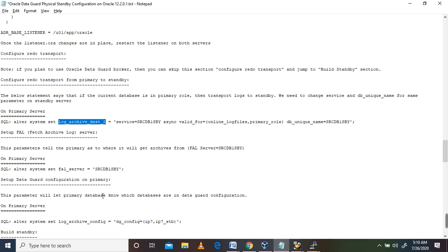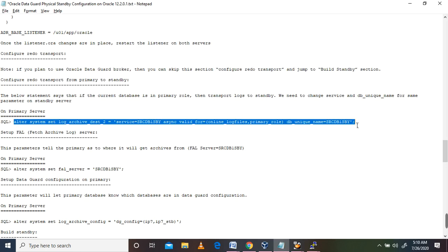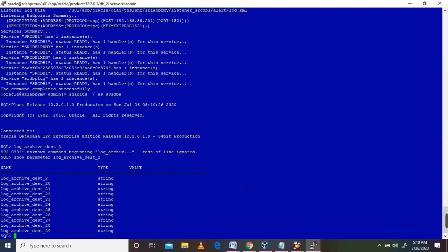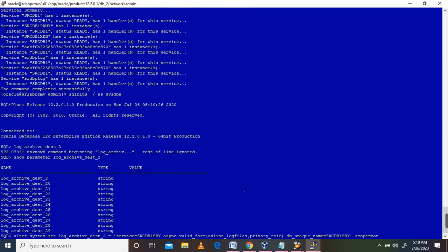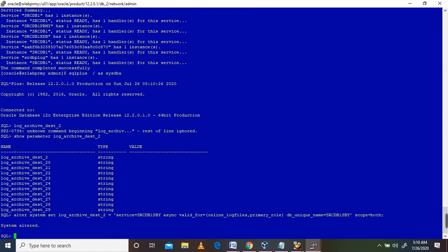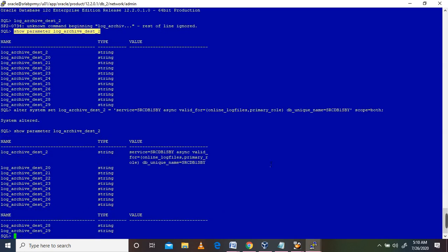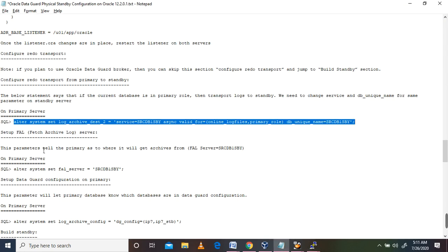We can set scope equal to both. Now you can see it's been set, okay. And fetch archive log server. This parameter tells the primary where to get the archive from, the file server. Okay. So now this is also you can check.